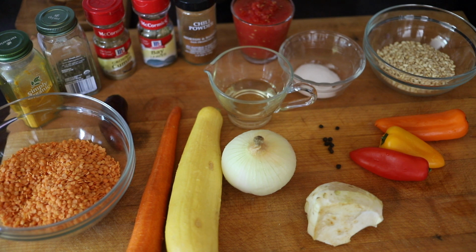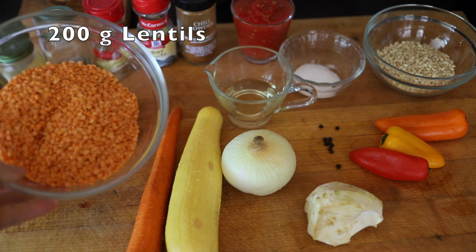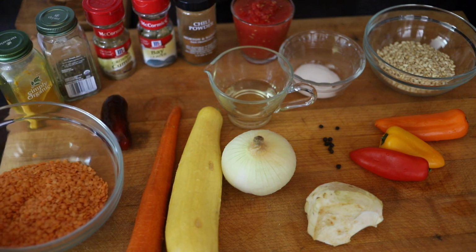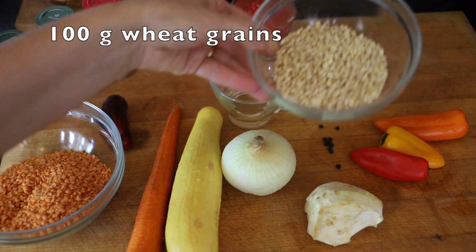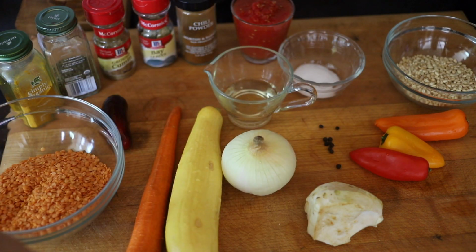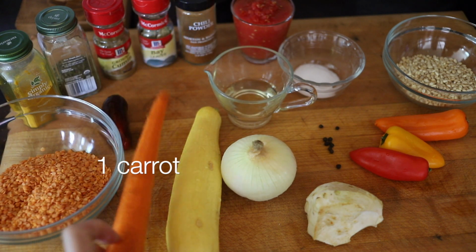Lentil soup, I am using these ingredients. I need 200 grams of red lentils. I have here 100 grams of wheat. I have 1 onion, 1 carrot,